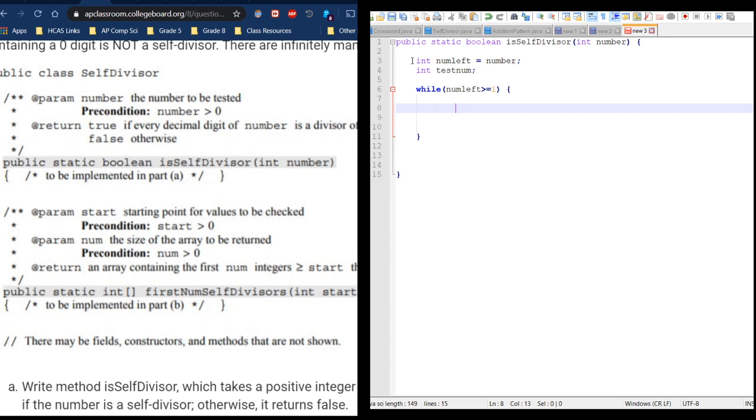Firstly, let's set up our test num. Test num equals the number that's left modulus 10. And then we're going to test the number. If test num... sorry, other way around. If number, the original number, mod test num, right? So if we divide the original number by the digit on the end,